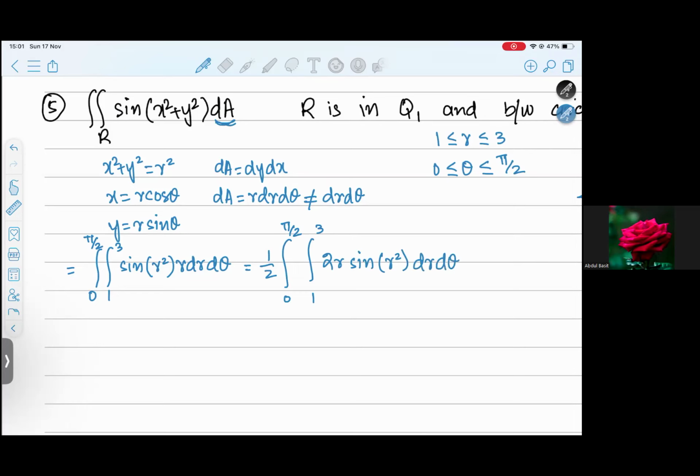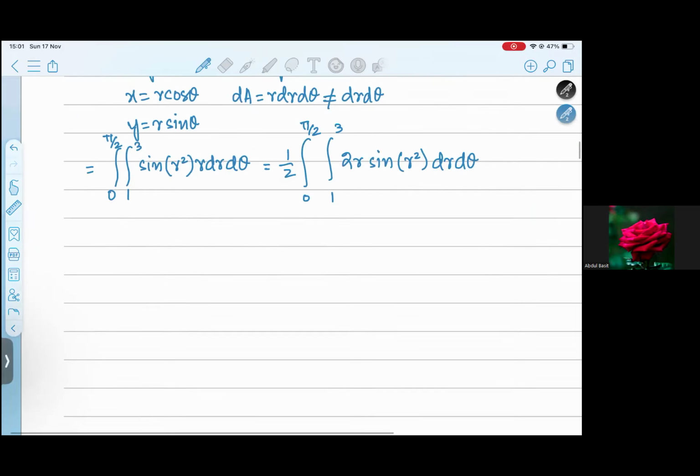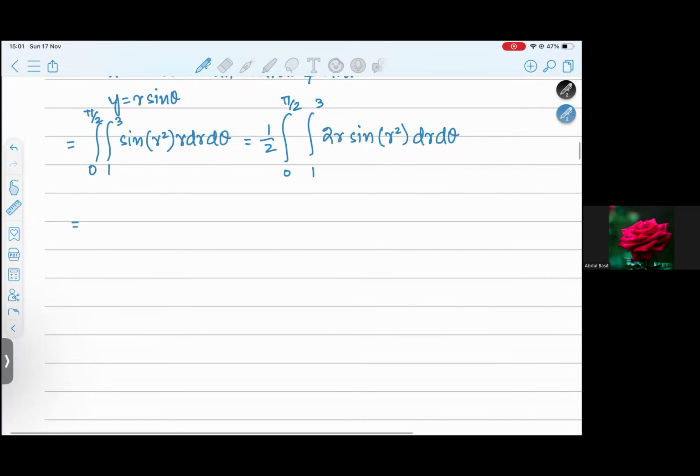Okay, now I can separate out the integrals. The integral from 0 to pi over 2 is just d theta, and radius is from 1 to 3 of 2r sine of r square dr. The first integral is just integrating 1 with respect to theta, which is theta, and the limits are from 0 to pi over 2